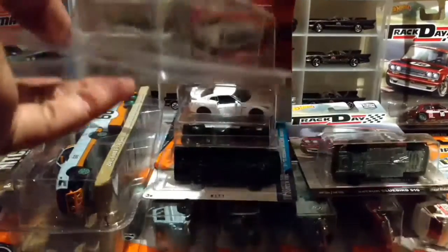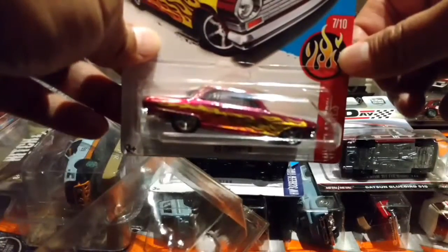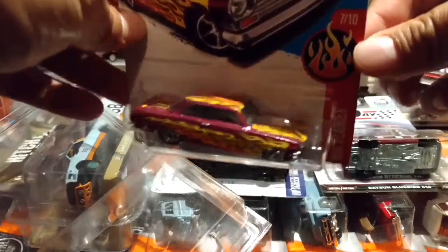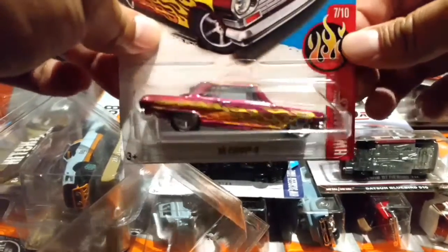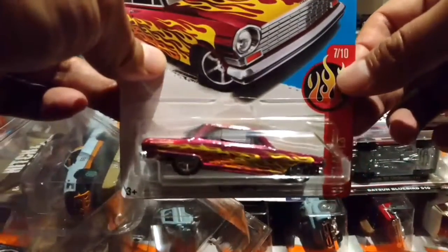Let's just get it out. Don't want to bend the card. But that is just amazing. The paint, the flames. They just got it all right. The wheels, this is just sick. So thank you, Tom. Really, really excited about this piece, and I really hope that I can find this one in the wild,